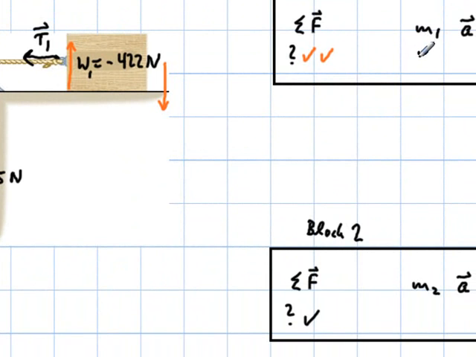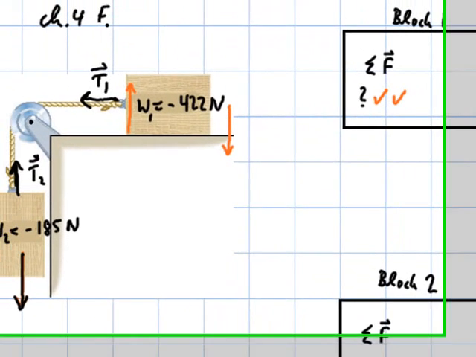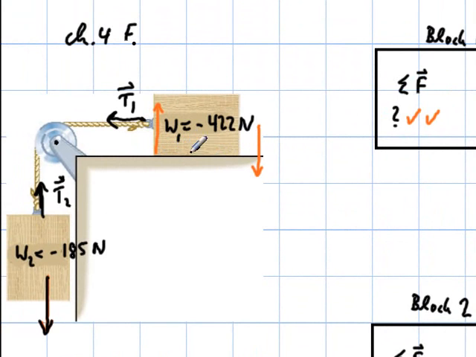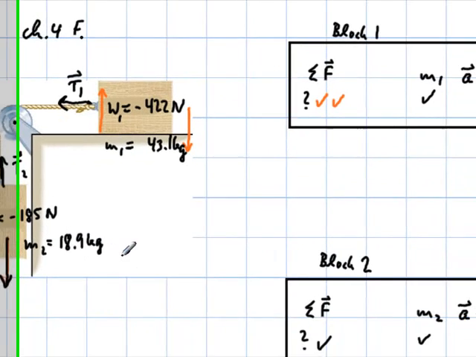We know the masses for both. Just divide by negative 9.8, and of course divide by 9.8 to get the mass, and you divide by that negative to get rid of the negative from the weight, because you can't have a negative mass. So 43.1 kilograms on this one, and the other one has a mass of 18.9 kilograms. Okay, now